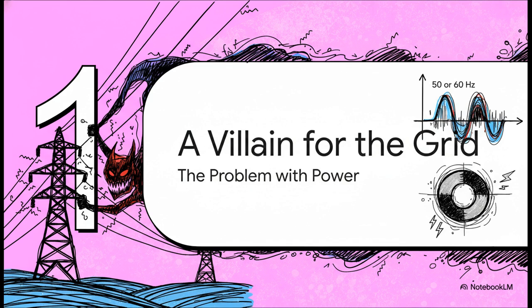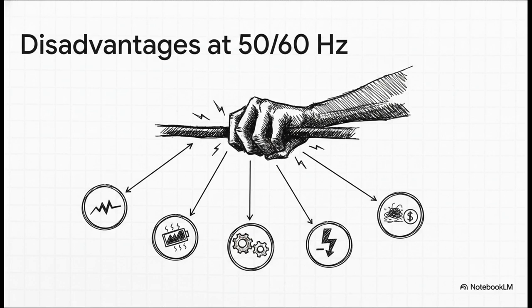Well, when we're talking about transmitting massive, and I mean massive, amounts of power across entire countries, this little quirk suddenly becomes a huge problem. In the world of our 50 or 60 hertz power grid, the skin effect is a real villain. So let's look at the charges against our villain here. First off, by forcing all that current into a much smaller area, the skin effect essentially makes the wire's resistance go up. And more resistance means more of your energy is just lost as heat, bleeding off into the air. That's wasted power that never gets to your house, which of course hurts the grid's efficiency and costs a ton of money. It's really this cascade of problems, and it all stems from electricity not using the whole wire.